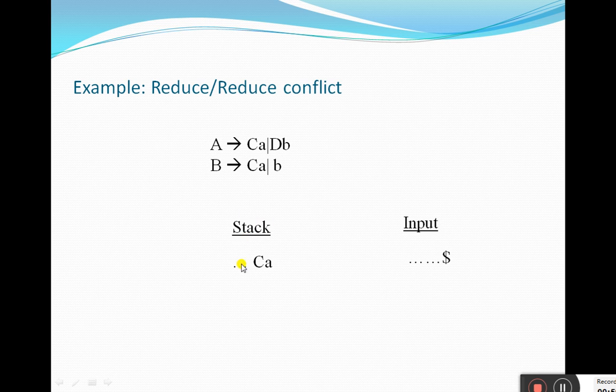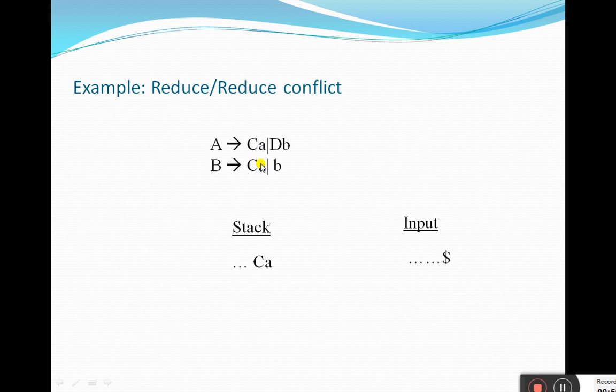Suppose this is the stack content, dot CA. There is something before this between the $ sign and CA. There is a handle on the stack, and there is something in the input. Now the handle is present on the stack, CA, but this handle matches with the body of this production as well as this production.